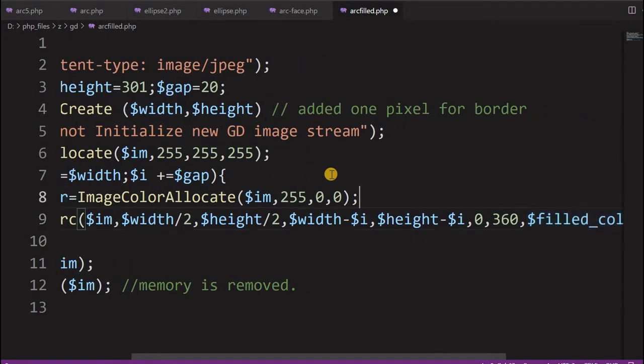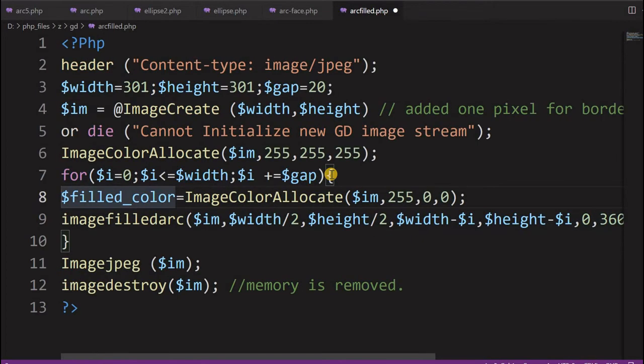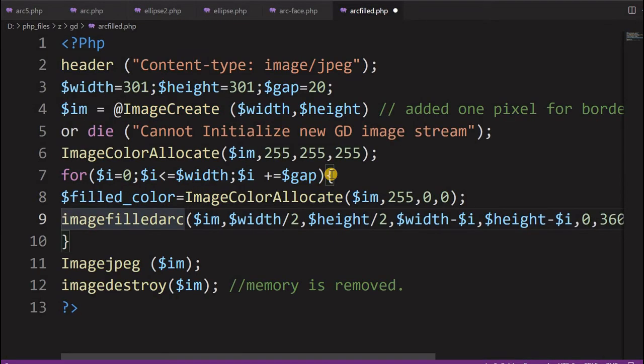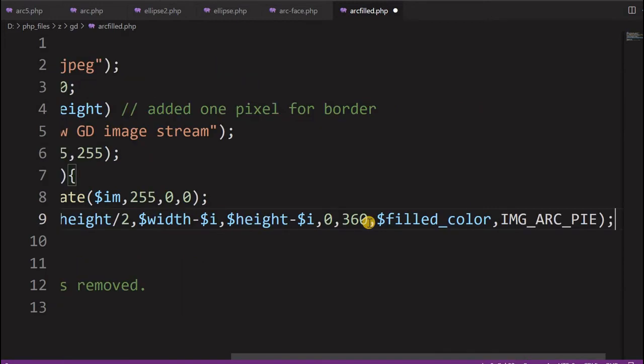Now fill color is here. Fine. So that's all. Now the arc will first take 0, take a value. So this variable increment value will be 0. So the full outer circle will be drawn. Next another circle, next another circle. All these things.